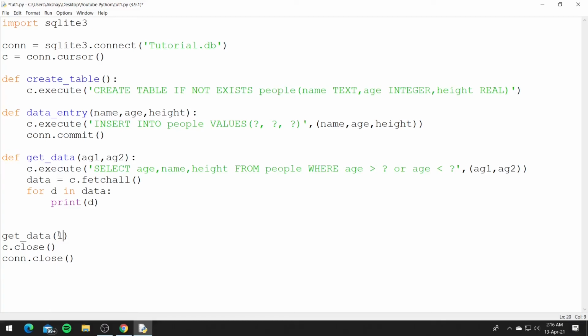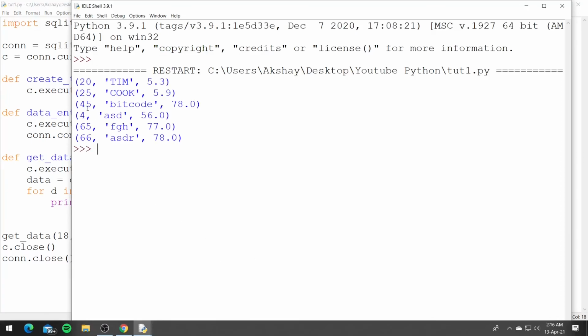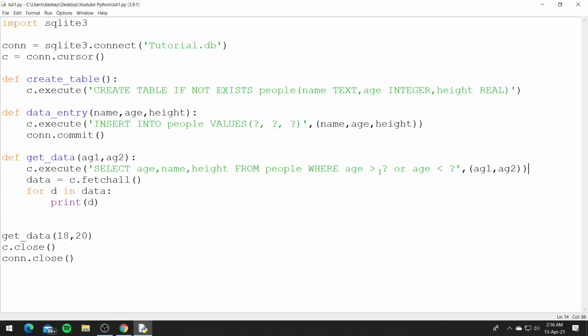And when we call the function, we can pass these parameters. So let's run this. And you can see it still works. So when we run this, these question marks are replaced with the variables that you pass in the tuple. And you need to keep in mind the order. This first variable will be replacing the first question mark, and the second variable will replace the second question mark.